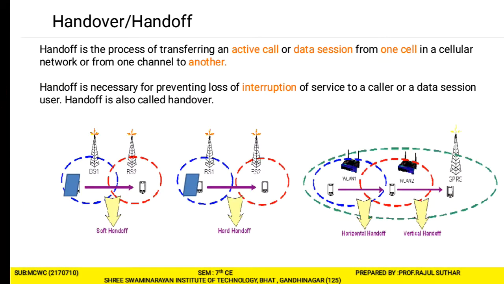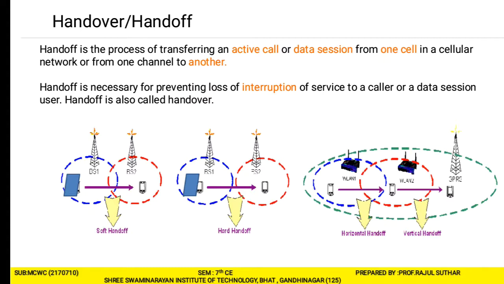Now let me discuss the handover or handoff process. Handover and handoff, both names are the same. Handoff or handover occurs when an active mobile station changes the cell or BSC of a location that initiates the handover. Several different types of handover are possible. Here soft handoff and hard handoff are described in the figure, as well as horizontal handoff and vertical handoff. Some books mention intra BSC handover, inter BSC handover and inter MSC handover.